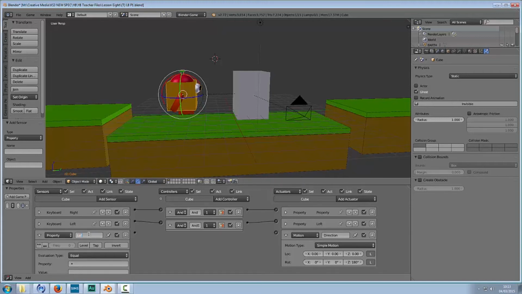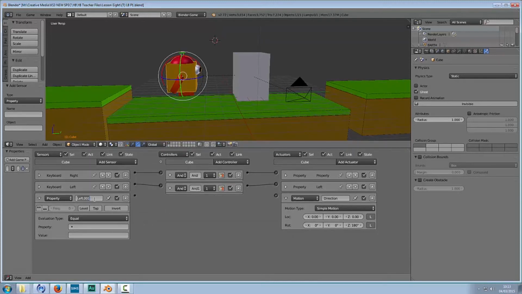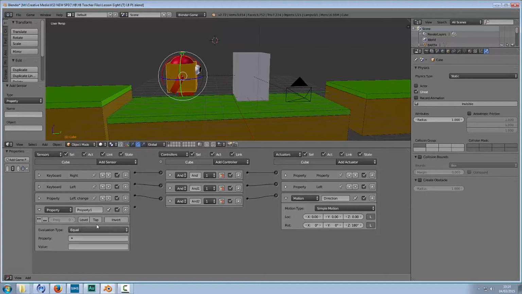So we're basically going to say that we'll call it left change. So we're going to say that if the direction equals 0, then spin it 180 degrees. However, if the right, so we'll create a right change property, if the direction equals 1,